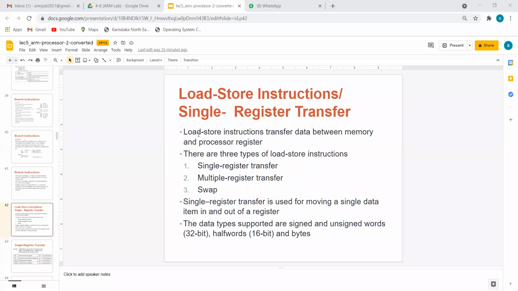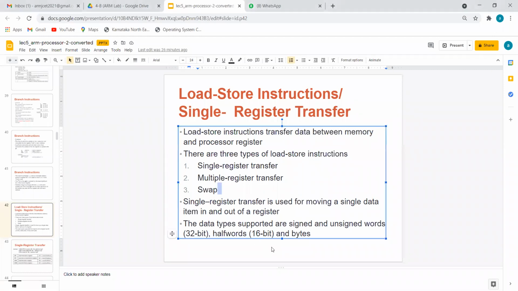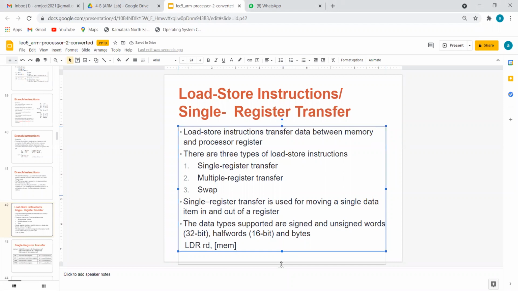So, the definition of load. The name of the instruction is compulsorily LDR. That's the first thing. LDR means load, RD, comma, bracket of memory. Now the question: what do you mean by bracket of memory? So that means here,